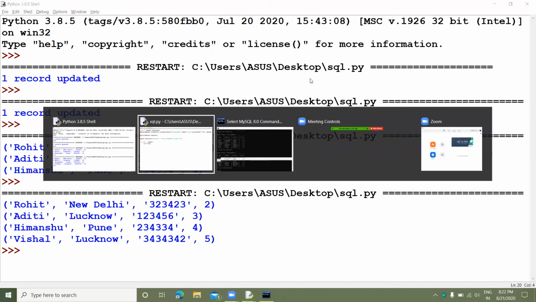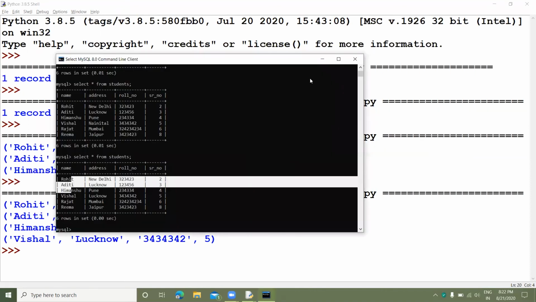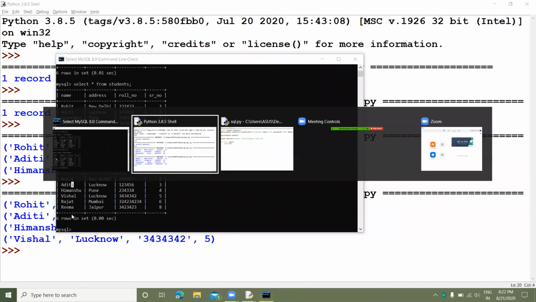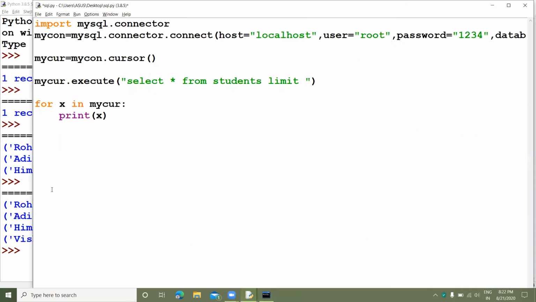So now if you are printing these values, and if you want to skip Rohit and Aditi and you want to print only Himanshu, Vishal, Rajat and Rima, how will you do it? Let's see the program.